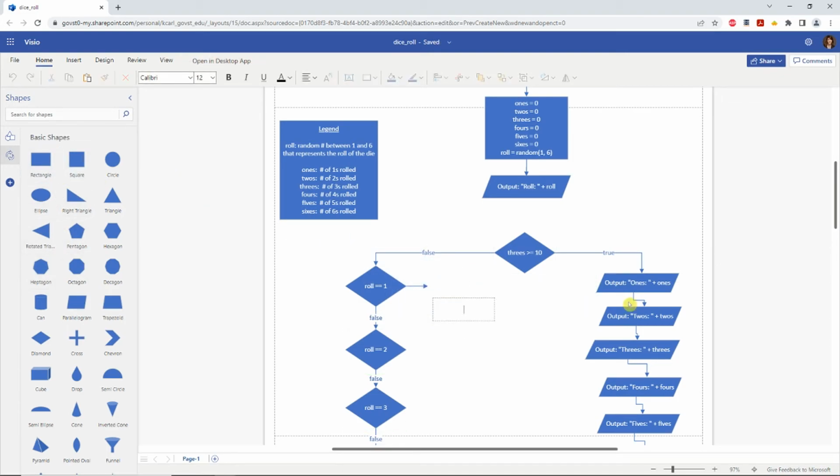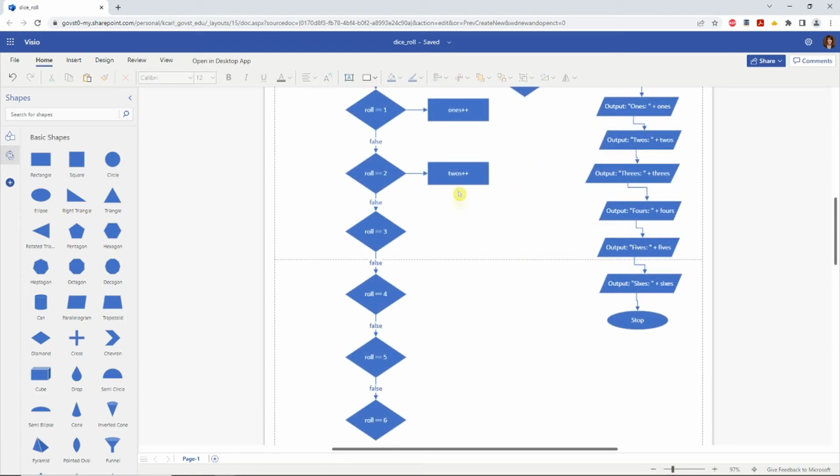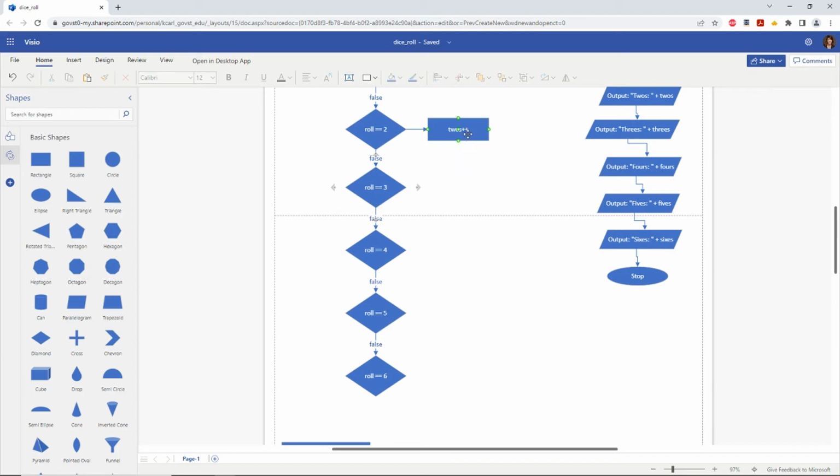So in the first case, if roll is equal to 1, we are going to say, okay, 1s is equal to 1s plus 1, which I'm actually going to abbreviate in the following way. I'm going to say 1s plus plus. This will be syntax that we use later on. So 1s plus plus represents taking the current value of 1s and adding 1 to it. I'm going to reproduce this process for every true branch. So if we roll a 2, for example, we're going to increase the number of the 2s count by 1,